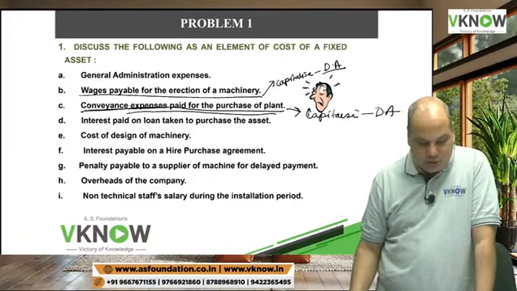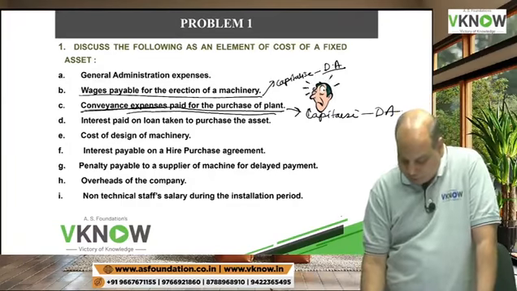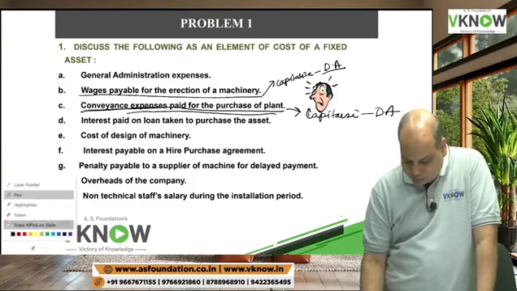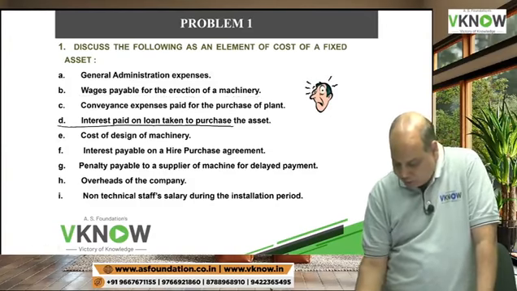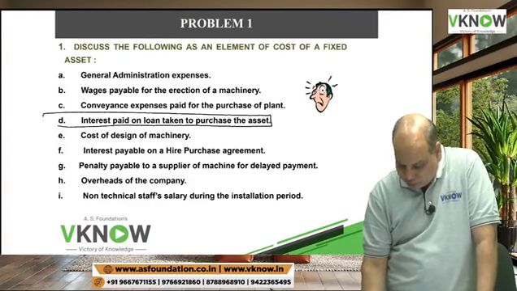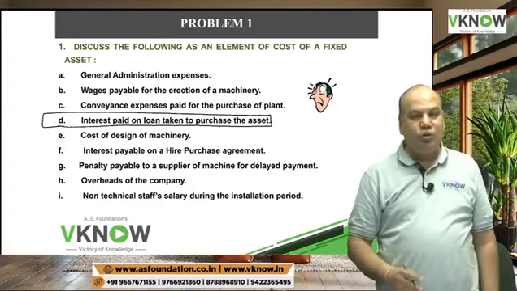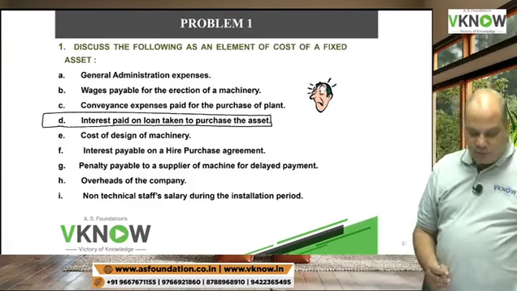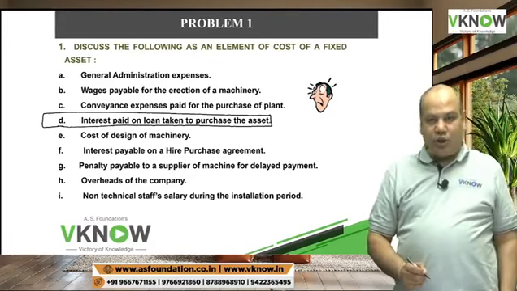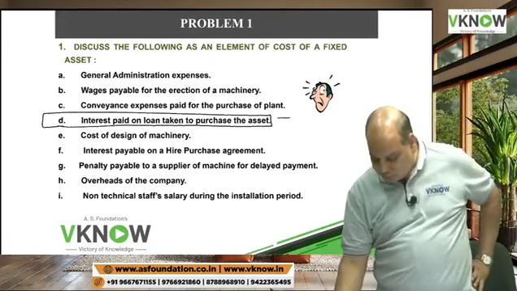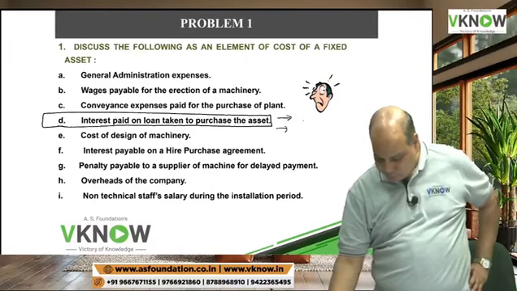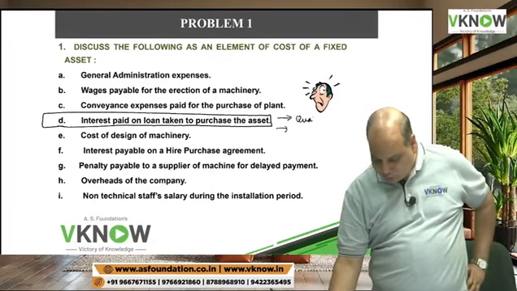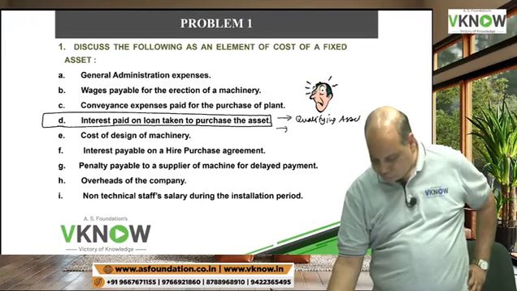Everybody, come on, respond fast. Point number D. Interest paid on loan taken to purchase the asset. So here we will have two answers. If it is a qualifying asset, as per AS 16,